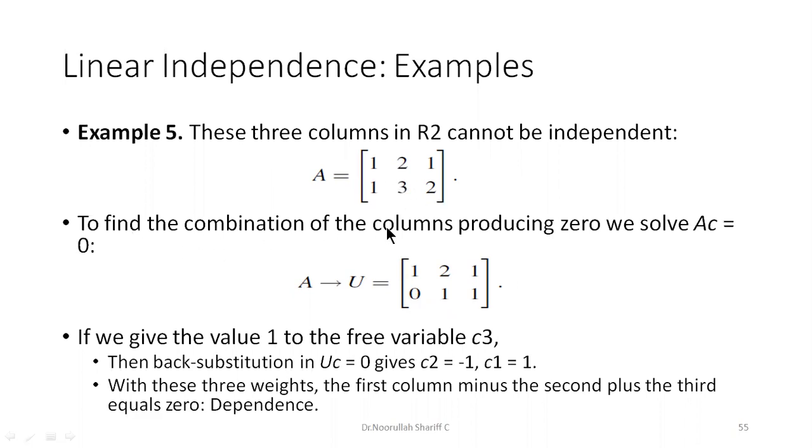To find the combination of columns producing 0, we solve AC equal to 0 and we will get this. If we give the value 1 to the free variable 3, so you have here the pivot variable as